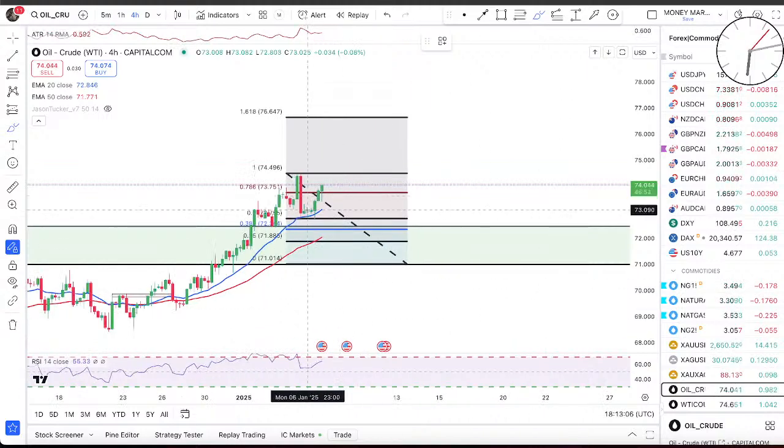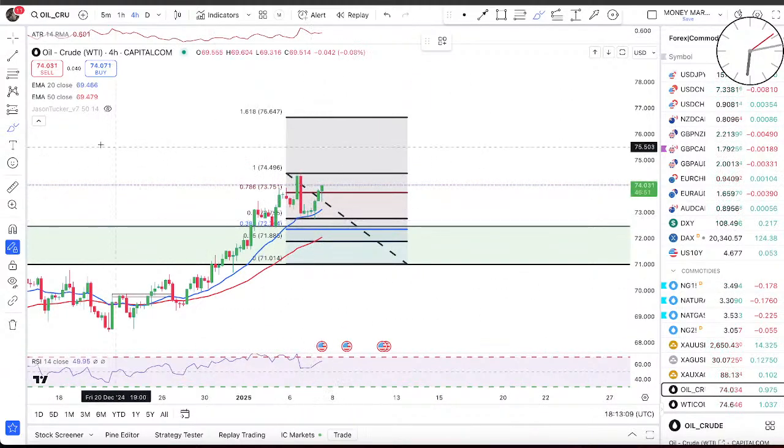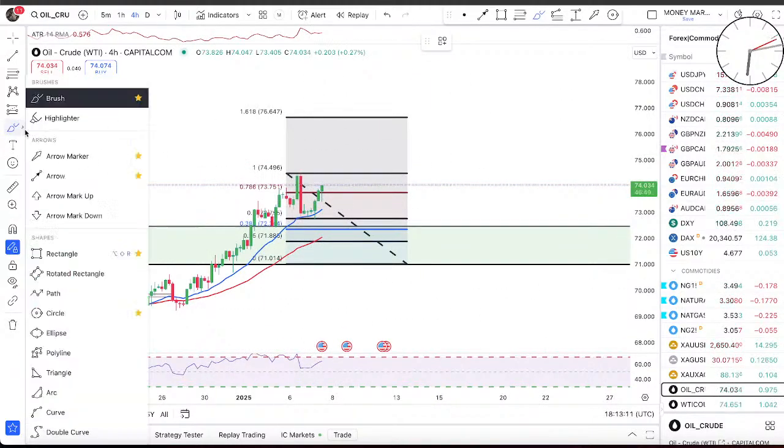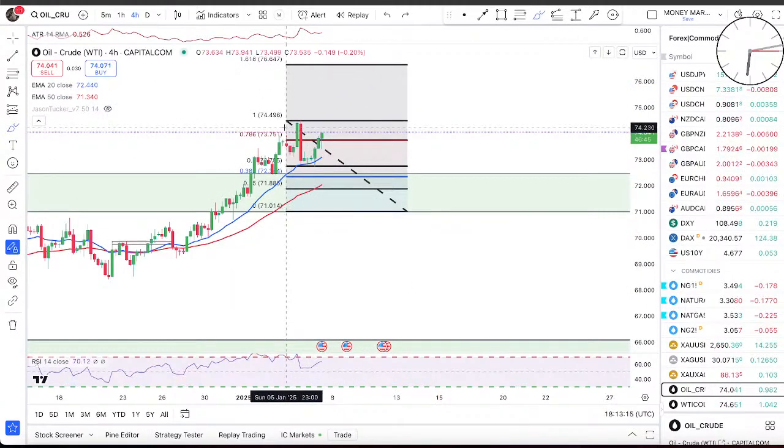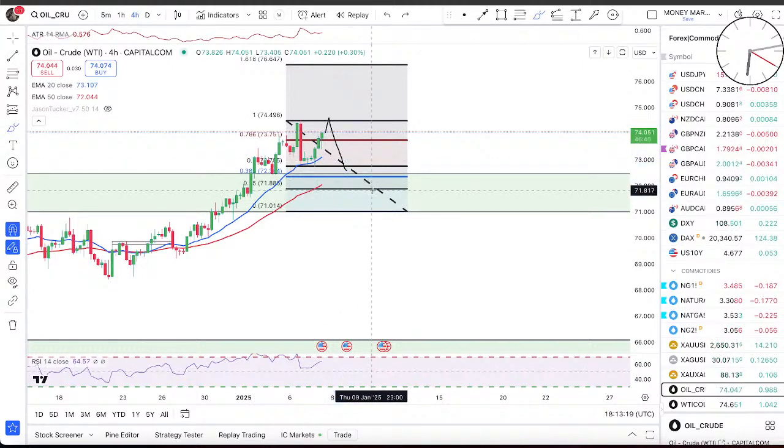On 4-hour, broken above, 50% has been retested, and it's likely going to push up to the 1.618 retracement. If you are in the trade, exit here if you want to, or pull back above 50 EMA. It is something I'm also looking at for the entries. But in general, we're going to look for a push higher. On 1 hour,